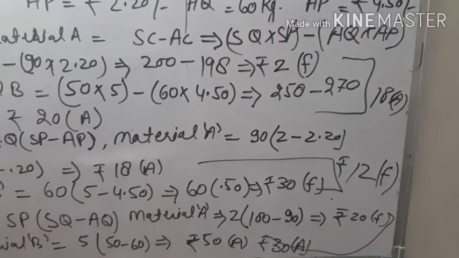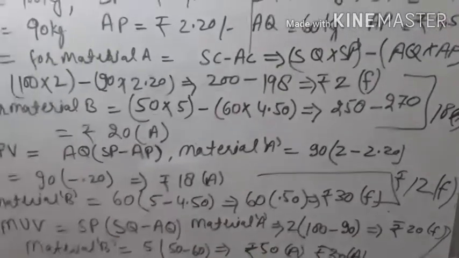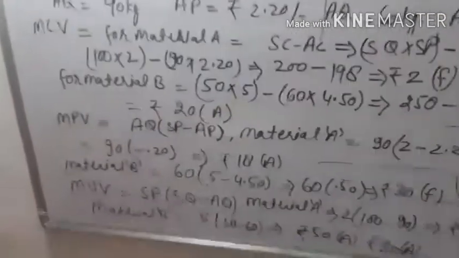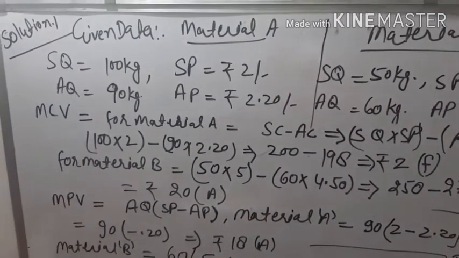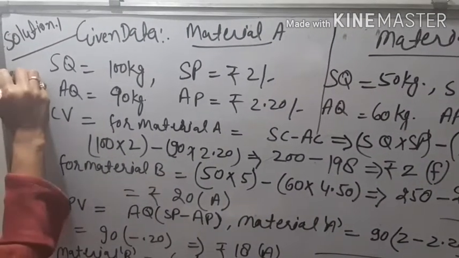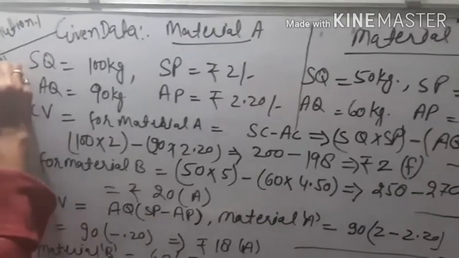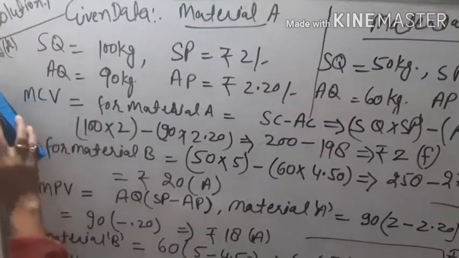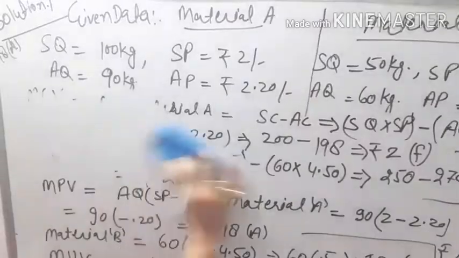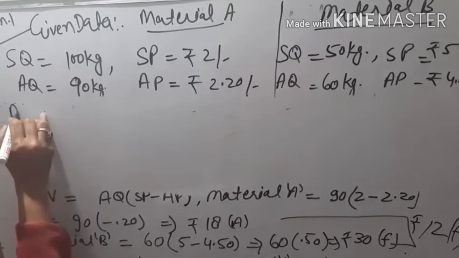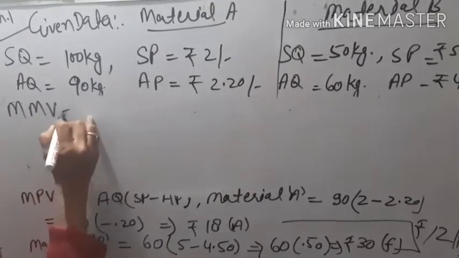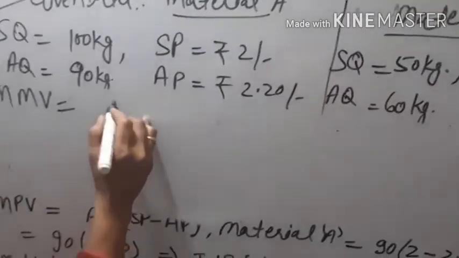Now we will calculate two extra variables, material uses variance and material mix variance. We will rub this term. MCV is 18 adversible. Now we will calculate material mix variance. Material mix variance is